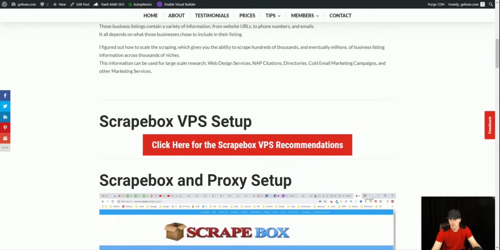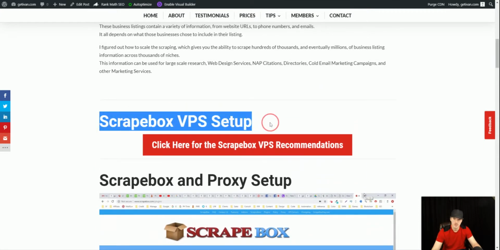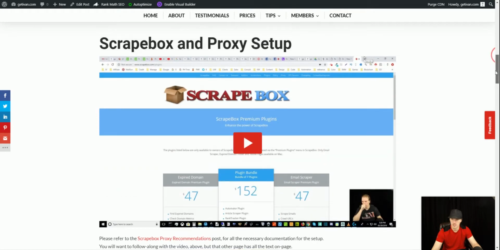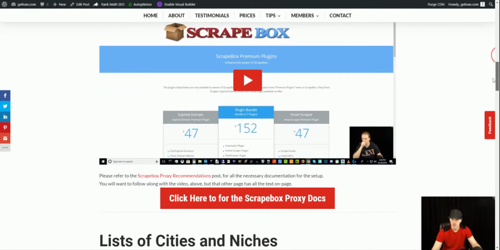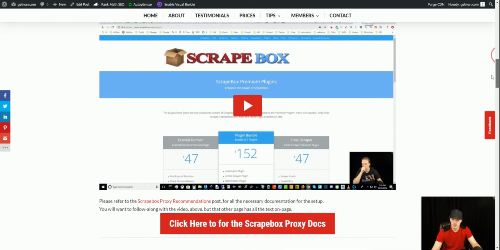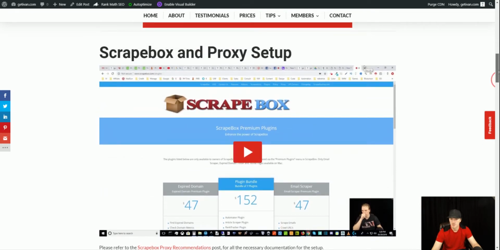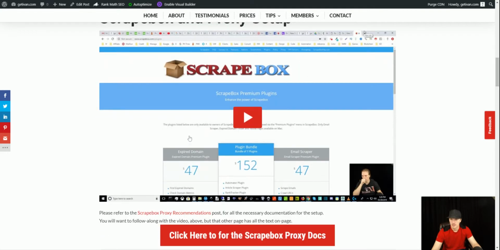If you want to learn how to set up the VPS properly, all you got to do is click this button and read that article. If you want to learn how to set up the proxies in general, or just general proxy recommendations and proxy docs, the docs are over here on this dedicated page. So I moved them. It's a little bit spread out at this point, and I